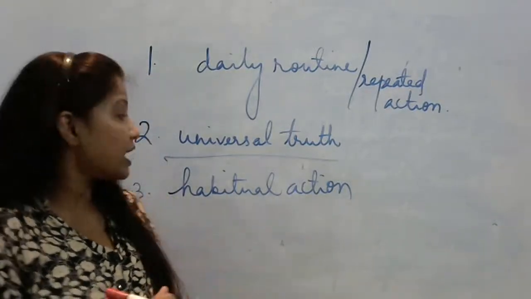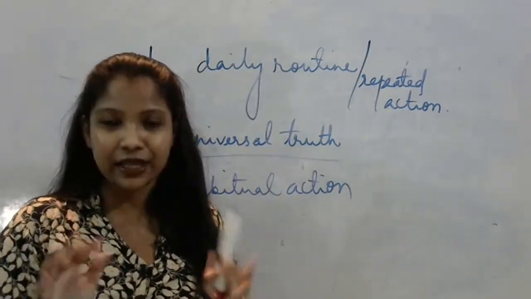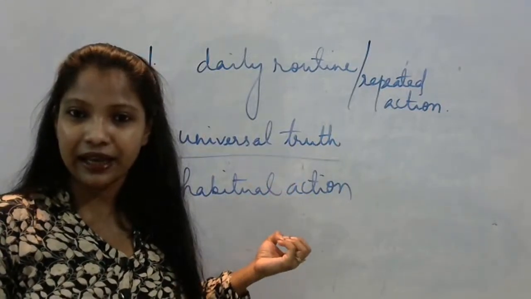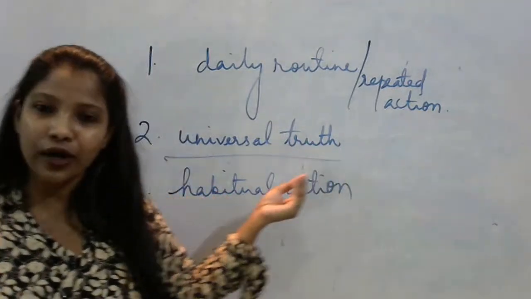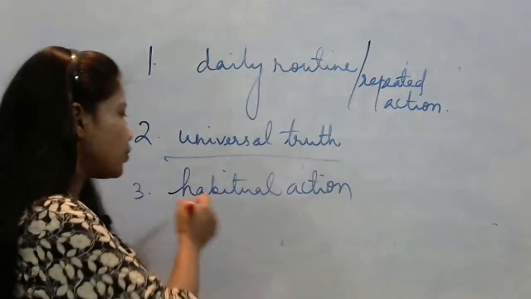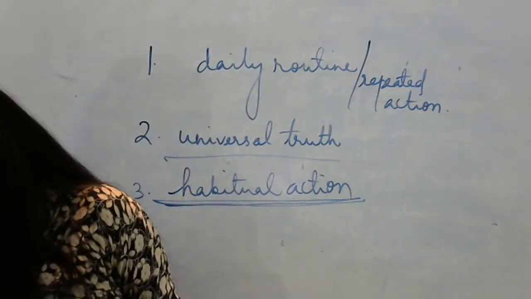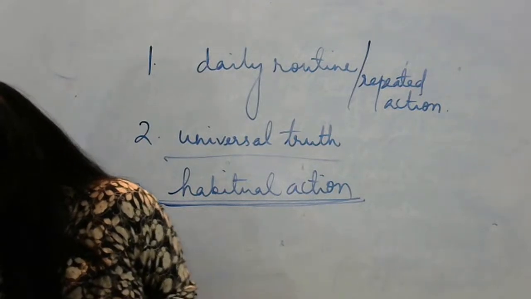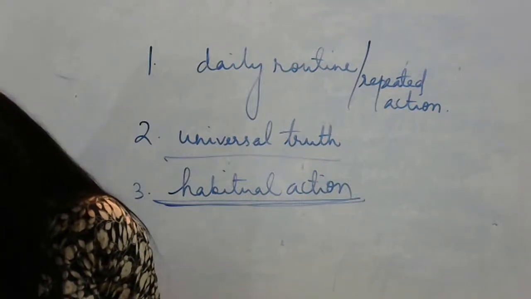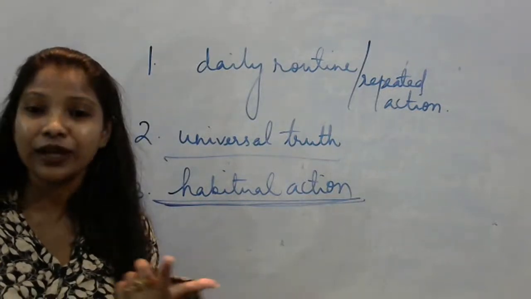So in this case, it's a habitual action. It's not my daily routine. It's not that every day 8 o'clock I bite my nails. It's not like that. It's a habitual action. Habitual है, मेरा habit है. So those kind of actions, they go under habitual actions, and they are expressed in simple present tense again. So can you write down some habitual actions, please? I want some habitual actions. I have given you one example.